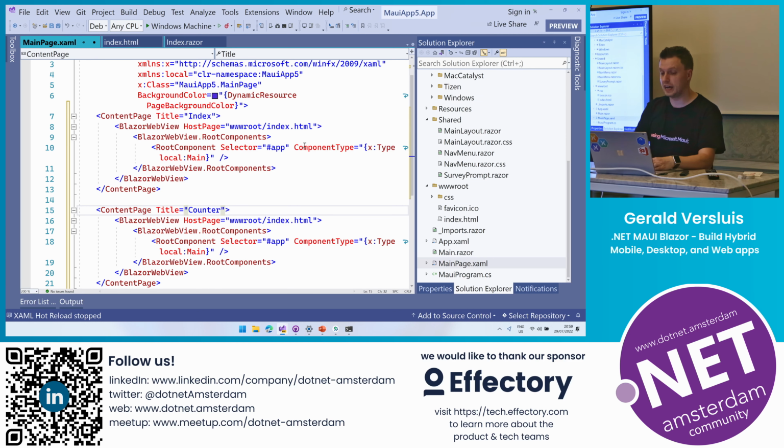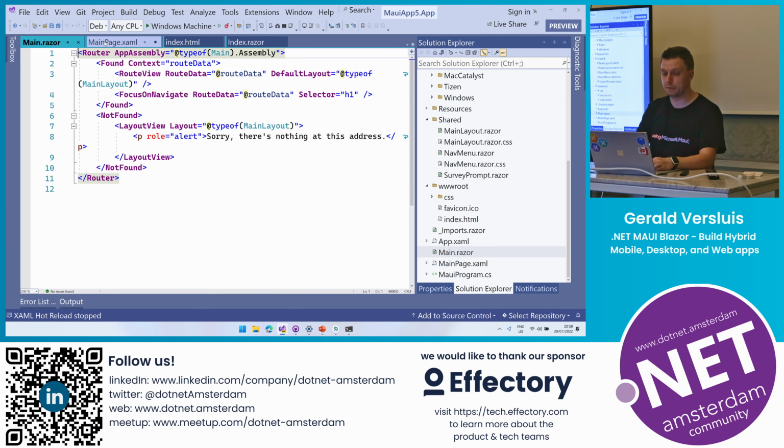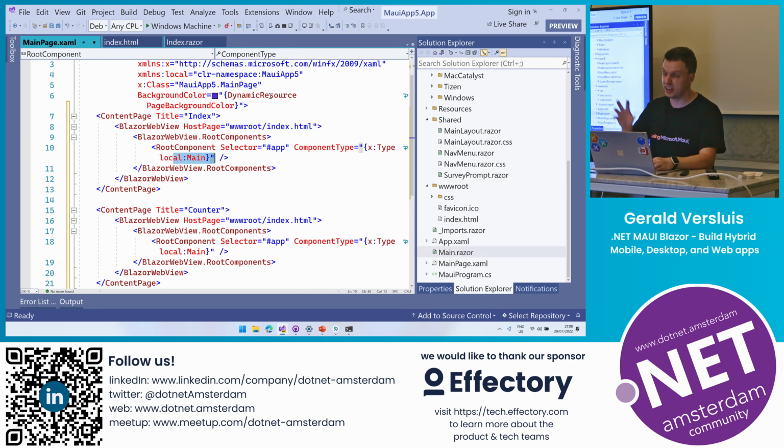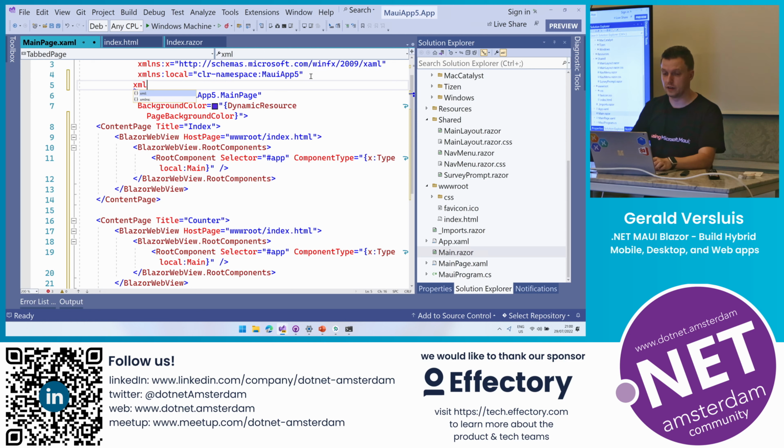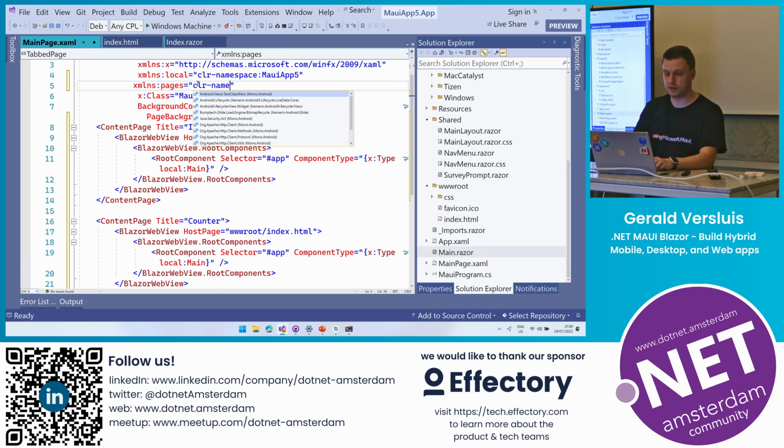The only thing I need to do, because now it's going to load the whole application in all of these tabs, is to not reference that main router thing of the Razor and then load the full application. What I want to do is load a single page, right? Or maybe another Blazor element, a reusable component if that's what you want. So to do that, I want to reach out to my pages, and this is a little shorthand, XML namespace. I'm going to say pages. You can prevent typing all the things that you can see here basically by wrapping it in this one word. That's what this does. So I can say CLR namespace,